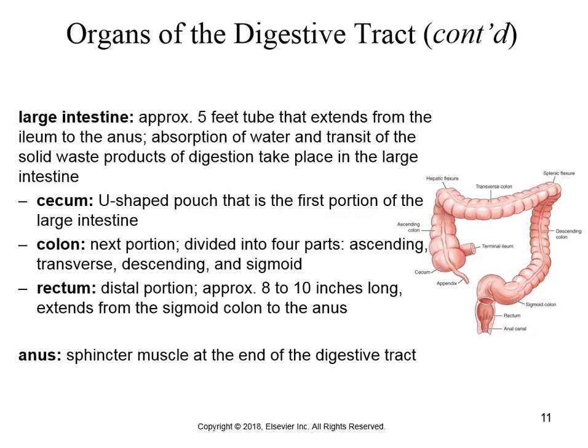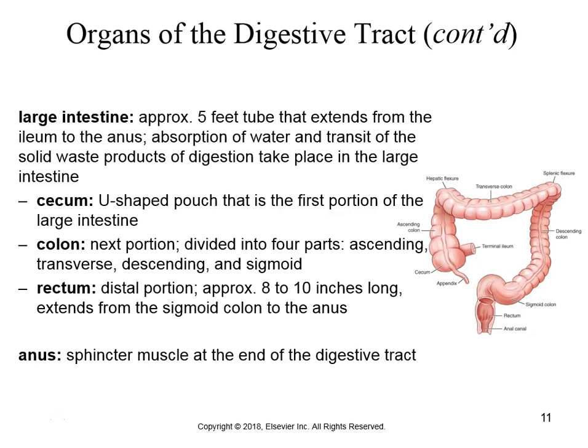The large intestine is broken into a couple different parts. So you can see we have the cecum, which is a little U-shaped pouch. That's the first portion of the large intestine, and you can kind of see in the picture to the right where the ileum, small intestine, feeds into that. Then you have the colon. The colon does have different portions, but you're not going to need to know that, but it kind of goes up, over, and down. And then from the colon, we have the rectum,